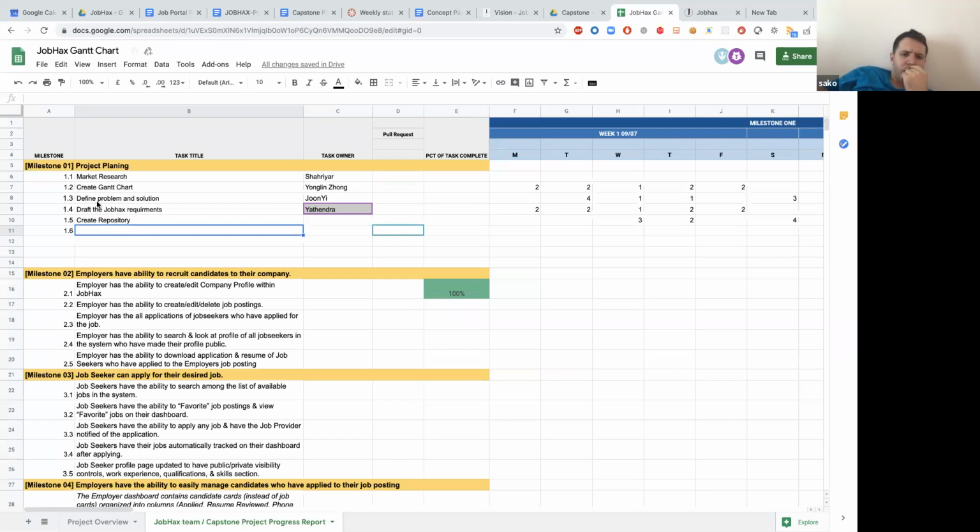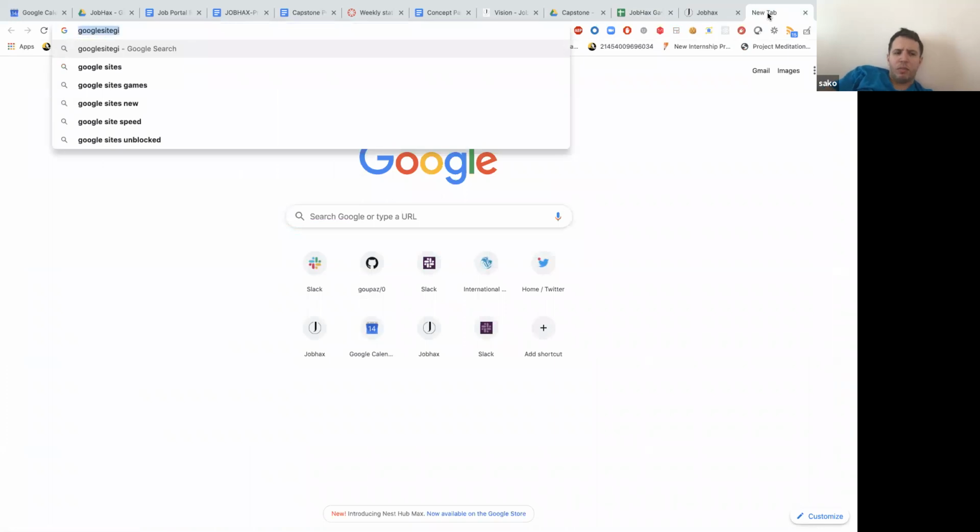Sako, which tool do you use for project management for the JobHax community? We usually create the issues. Oh, okay, issues. That's much more realistic for development.